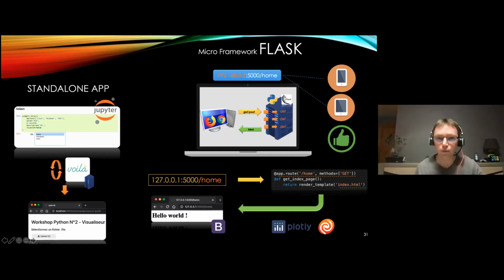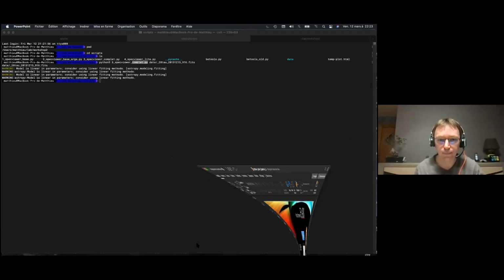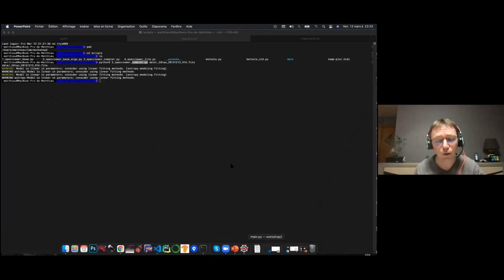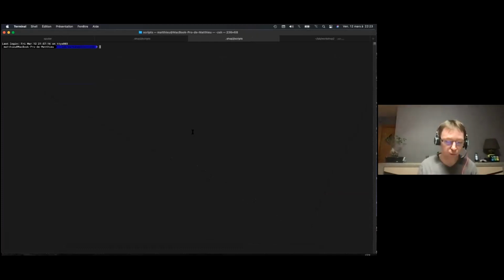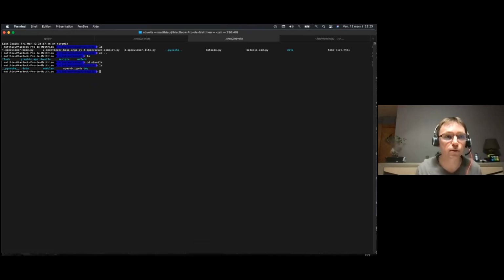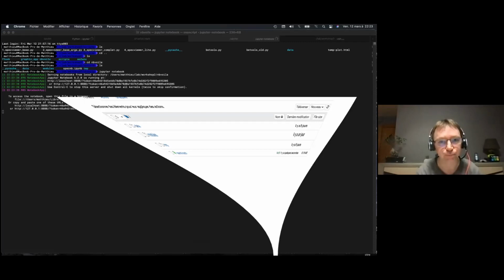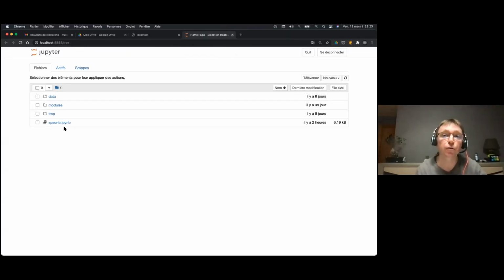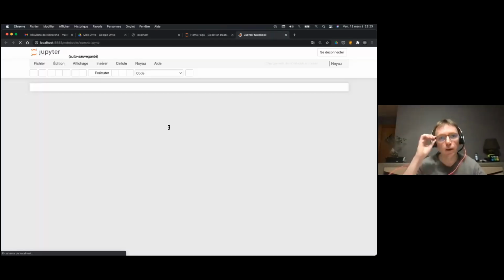So I just go out of here, and I switch to the first example with Jupyter Notebook. So here I am in the script folder. Okay, I have a folder NB, voila, and I have my notebook here, spec NB. Okay, very original. And I just call Jupyter Notebook. Okay, I have installed it before with pip. I launch it. Okay, and it starts a Jupyter notebook server on my computer, and I have here my notebook. I launch it, and okay,